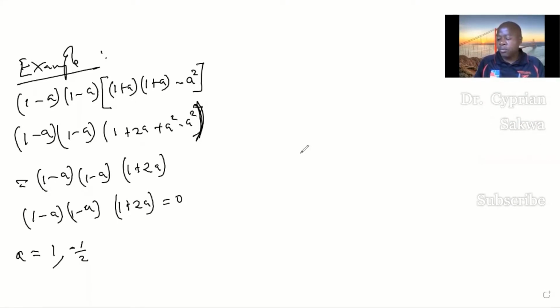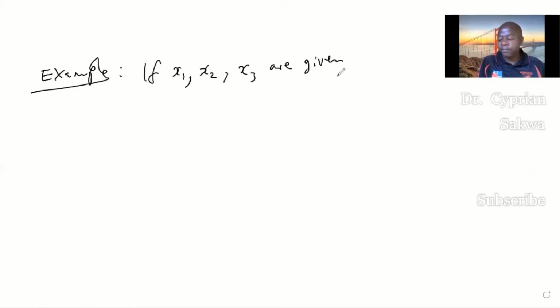Okay, let me look at another question here, another example. So today we're just looking at several examples on properties of determinants and transpose. So let me look at this example. The example says that if x1, x2, and x3 are given, show that